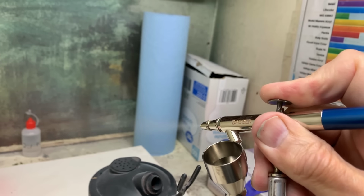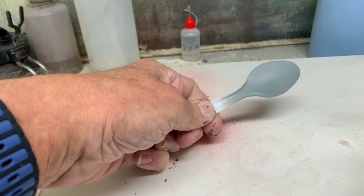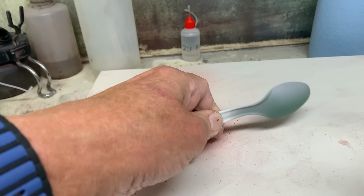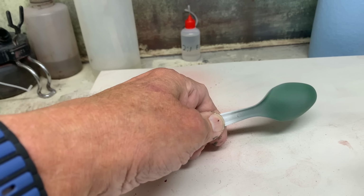I'm mixing right here in the color cup. That way I can use the gradations on the pipette here to determine exactly my paint to thinner ratio. When you're doing this, be sure to put the thinner in the color cup first, otherwise you can end up with a glob of unthinned paint down in the bottom of the color cup. So this is 2 parts paint to 1 part thinner, which is a suggested ratio again from a lot of